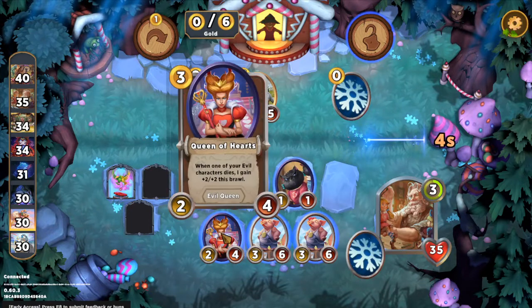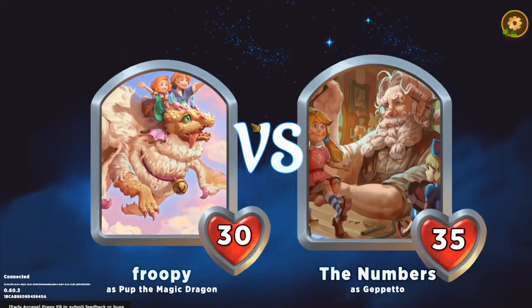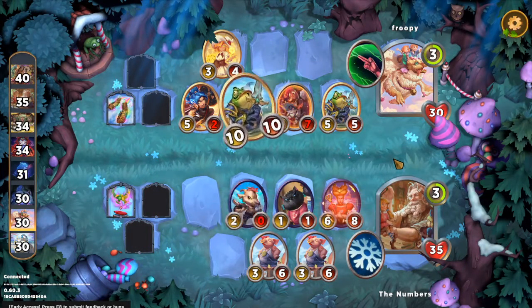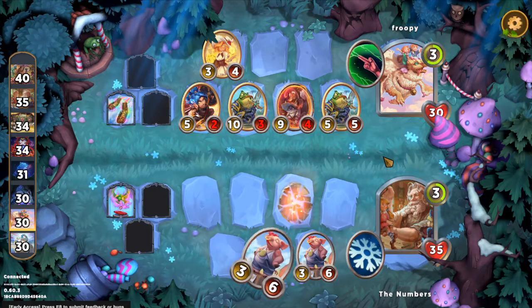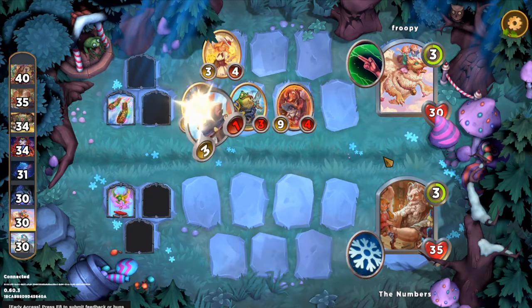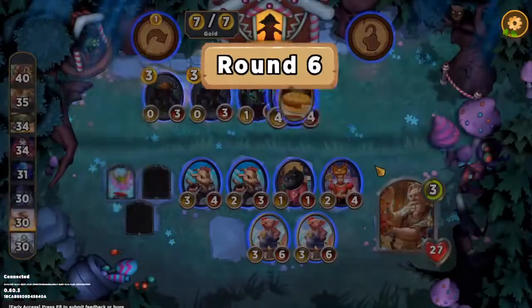We should be able to win rounds with the Queen of Hearts, I think. And do we want this up front, maybe? We don't want to die early, but we do want... Well, they have a very strong board, so probably not. How did their board get so strong? Okay, well, we take a little damage, at least I guess it's good that we're getting some health back, but...